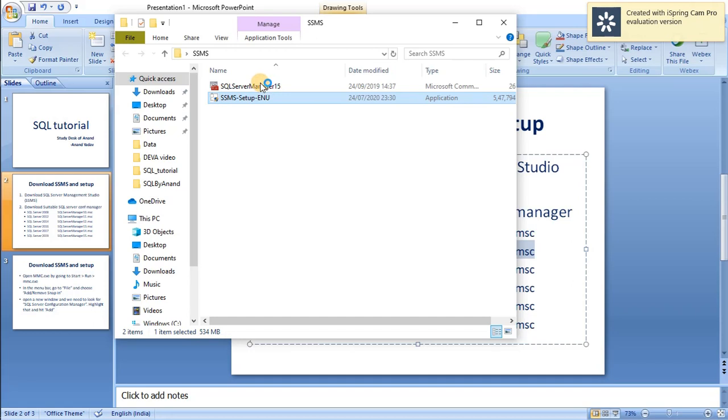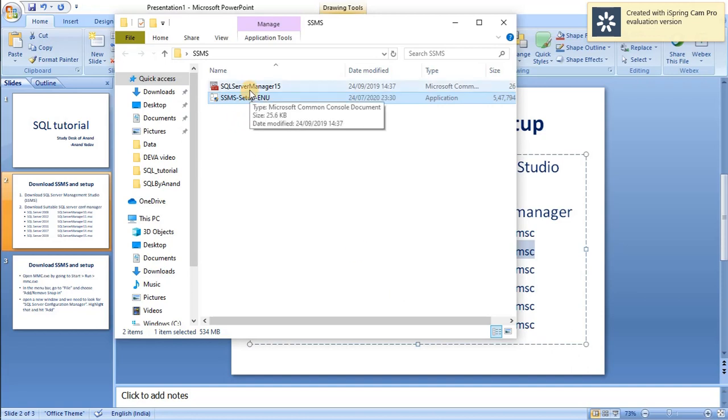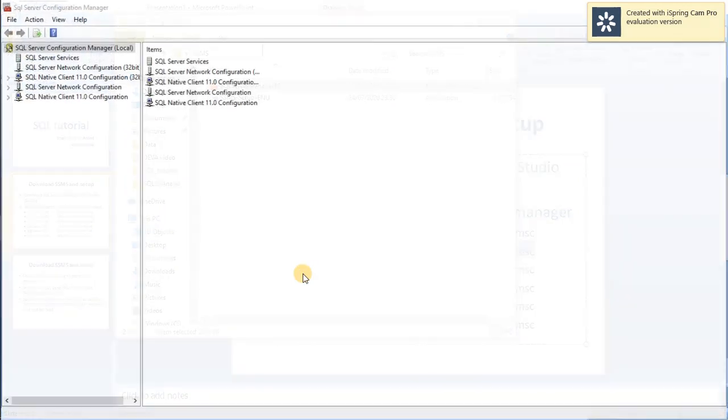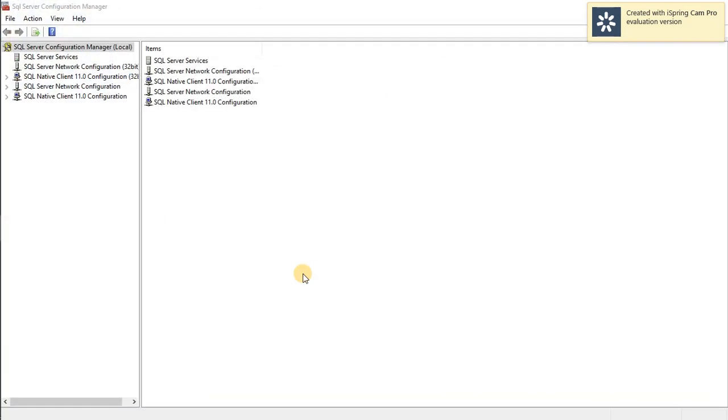This is already set up, so I'm just choosing no. Now I'm going to set up the SQL Server Manager. Just double click it and allow the pop-up. This is also set. If it were not set, it would ask for next and so on. You can see that this is already set.